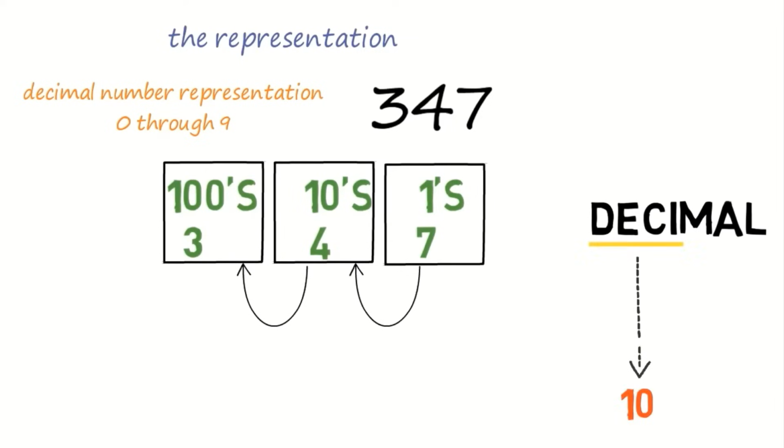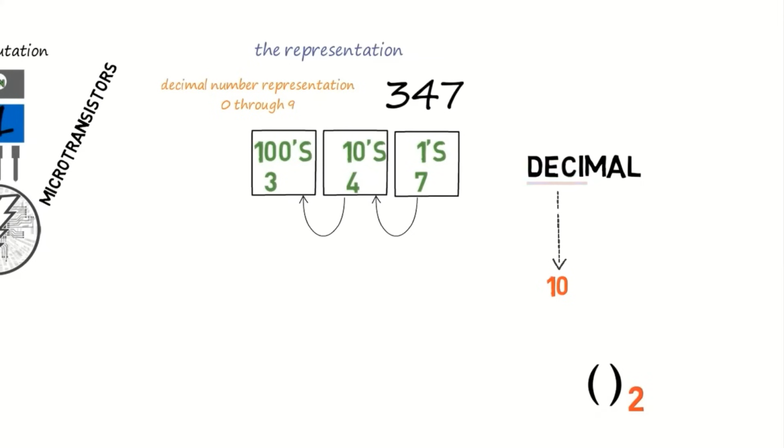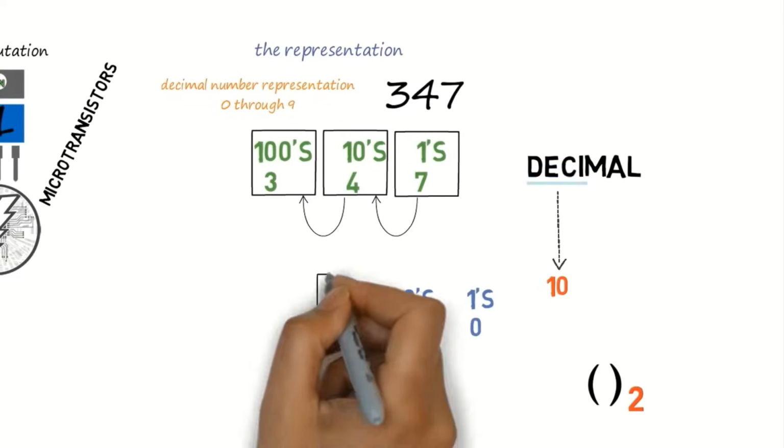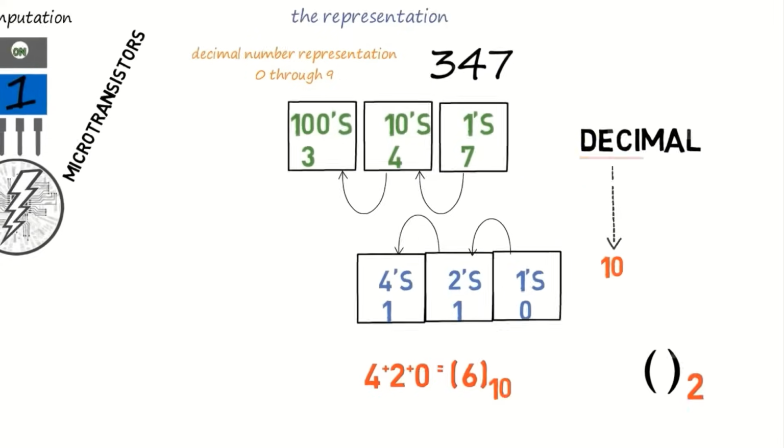So binary works exactly the same way. It is just base 2 notation, because we have only two possible digits in binary, 1 and 0. This means that each multiplier is 2 times larger than the column to its right. Instead of hundreds, tens, and ones, we write fours, twos, and ones. Take, for example, the binary number 110. This means we have 1 four, 1 two, and 0 ones, and adding them all together, we get 6 in base 10. If we want to represent larger numbers, binary needs lots more digits.